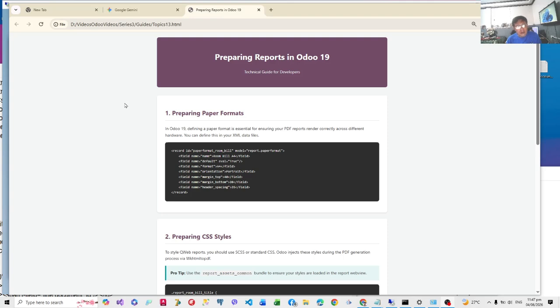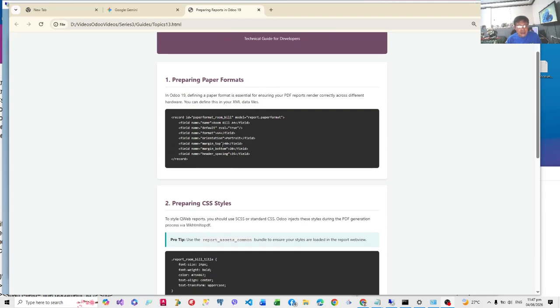In Odoo, you prepare paper formats using XML files. So they're just like ordinary reports, but they contain basically record IDs, listing fields regarding the format, the orientation, the margins, and so on and so forth. So that's very important. All reports should specify the paper format that you are using. In our example, by default, we will be using A4, but we will be using mainly four different variations: A4 portrait, A4 landscape, letter portrait, and letter landscape.